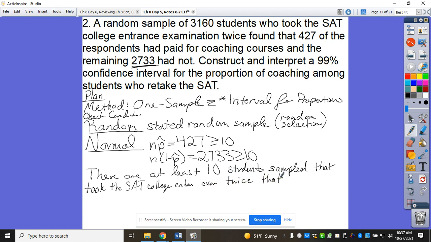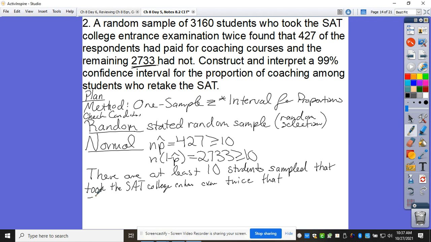And then I might do something like, and I could write paid for college, paid for coaching courses, did not pay for coaching courses. But I'm okay with just something like